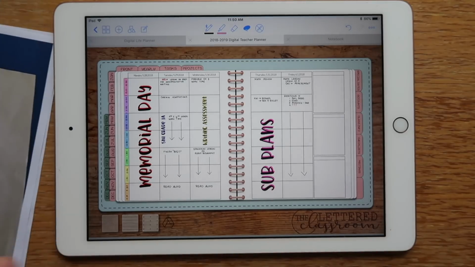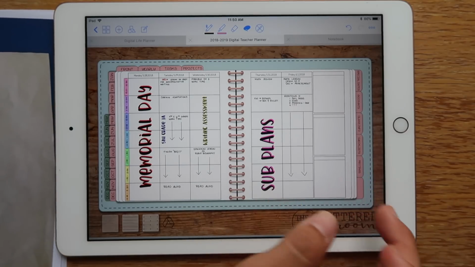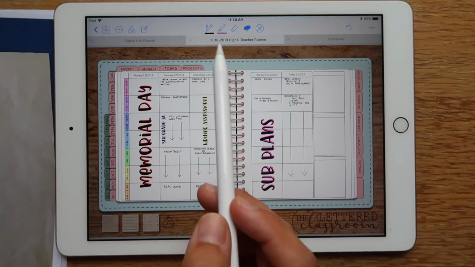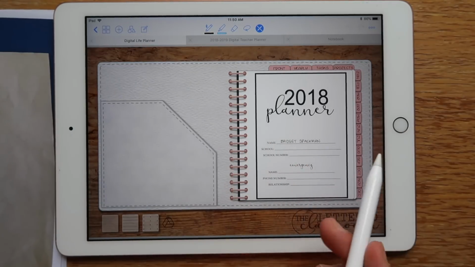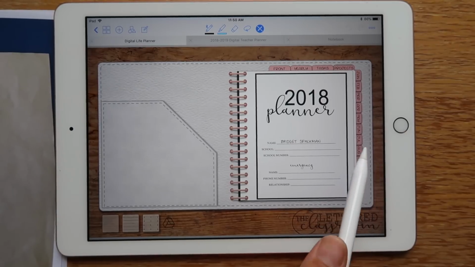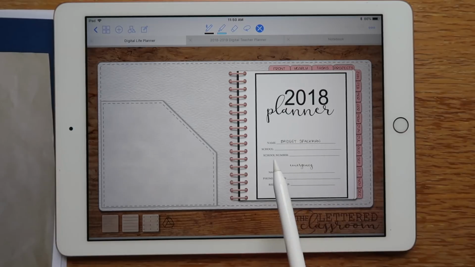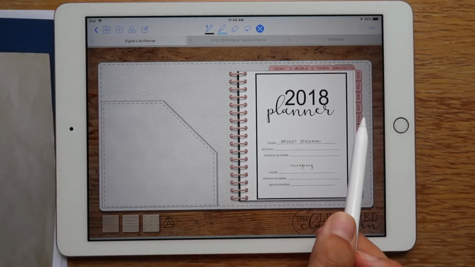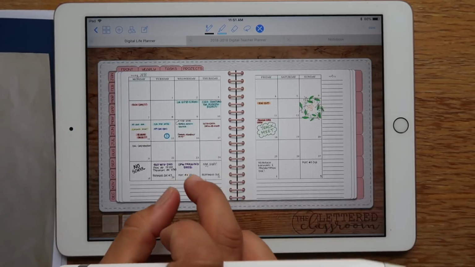And I think we have a couple of things going on for the next week, but I'm going to just go ahead and focus on this week for right now, and then I'm going to also add in some things for my planner. This is my digital life planner. So if you purchased the bundle, or if you purchased the A5 planner by itself, then you would have gotten this digital planner. So I'm going to go to the month of May,